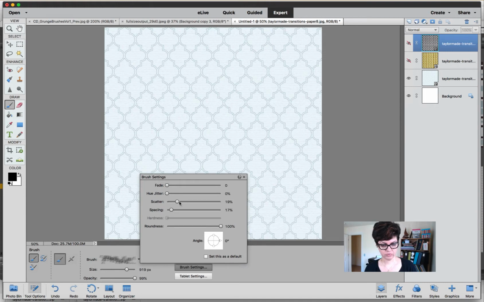And I'm going to reduce the spacing. And if you use Photoshop CC, you can also add some rotation so we have a seamless turn of the brush when we scatter them. Okay,